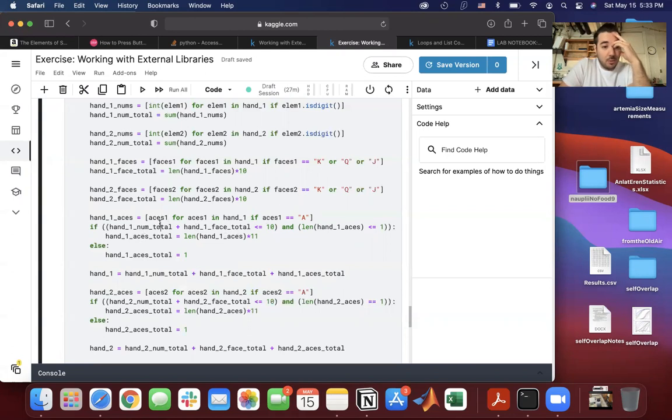so hand 1 number total plus hand 1 face total is equal or less than 10. And if length of aces is less than or equal to 1, then do this. Length of aces times 11. So if it's 0,